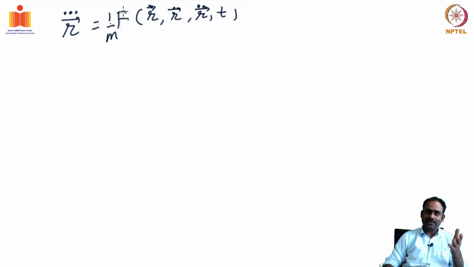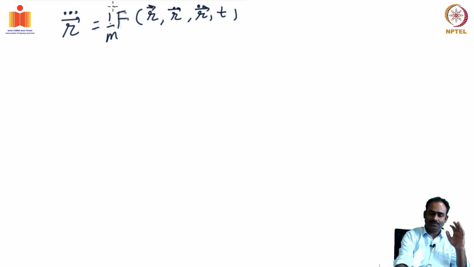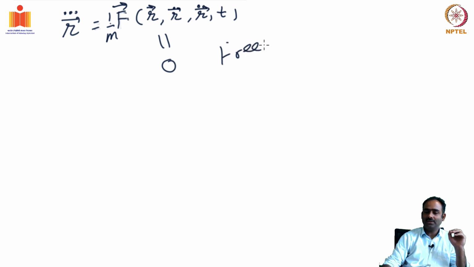Let's say we take a particle which is free, there is no force acting on it, so I can put down the F to be 0. By free I mean no forces acting on this one. Then you have r triple dot equal to 0. Now if you write down the solution of this equation,